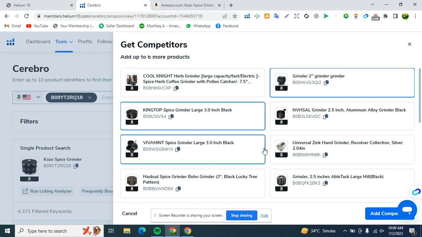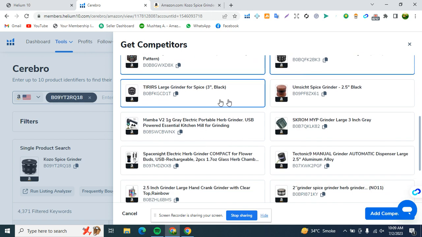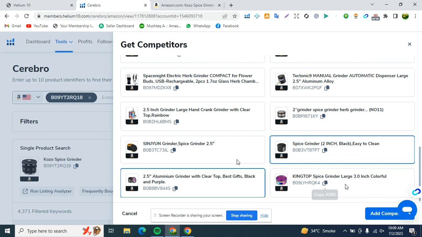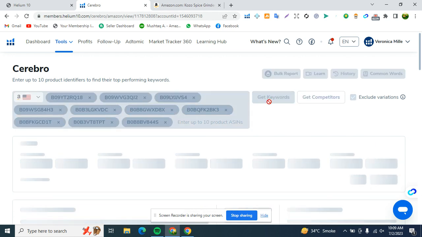You can select it. Okay, you can select it. Then you click add competitor. So these ASINs are also included in it. You can also get keywords from all these ASINs. Click on get keywords,